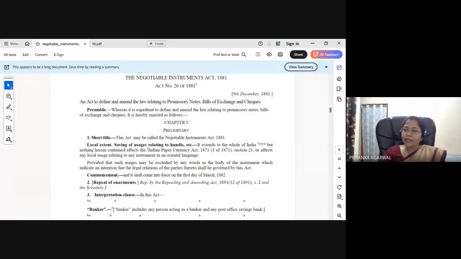You must have read the Indian Evidence Act, where the definition of document is given. But what is the difference between document versus instrument? What definition is given in the Indian Evidence Act for document? The basic purpose of a document is recording certain things, right? But an instrument, I would say, is a specialized document which gives you certain rights and liabilities.